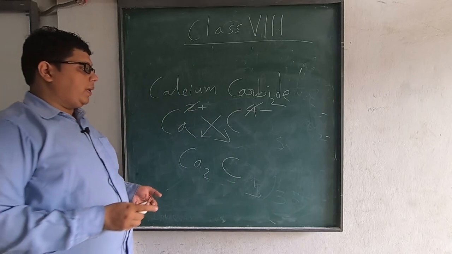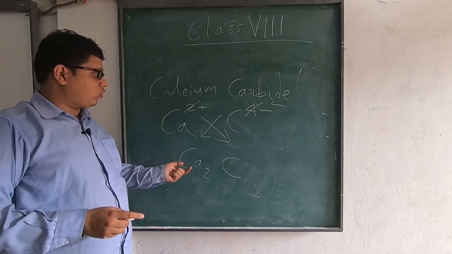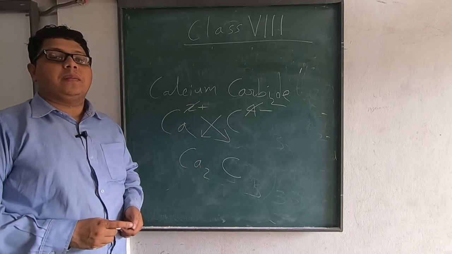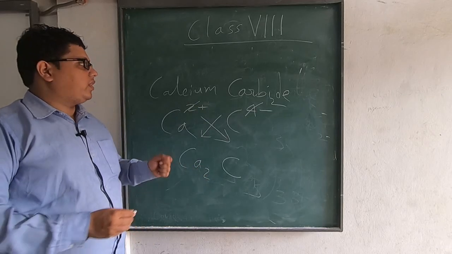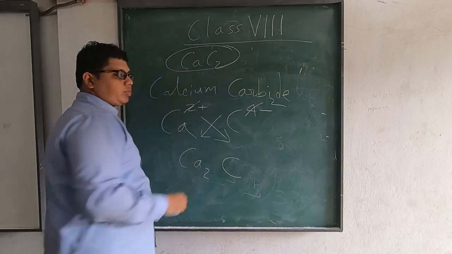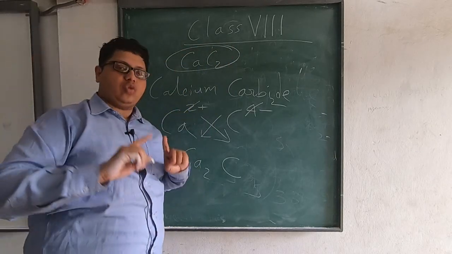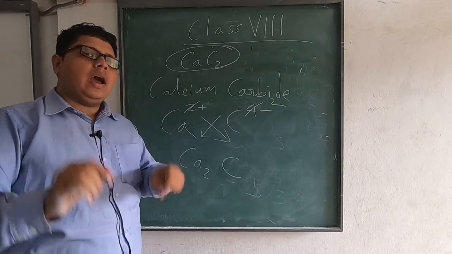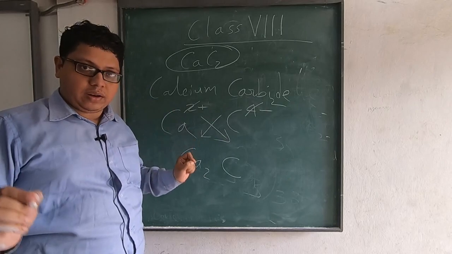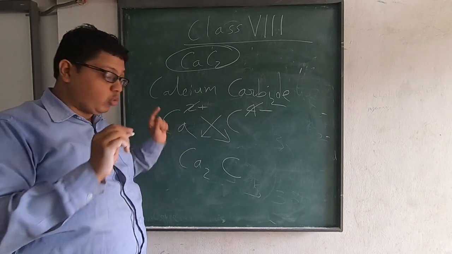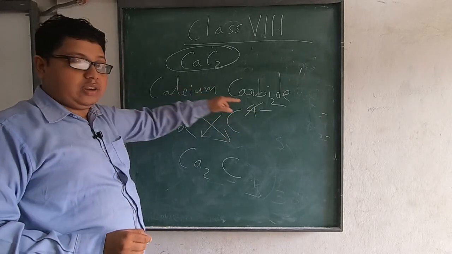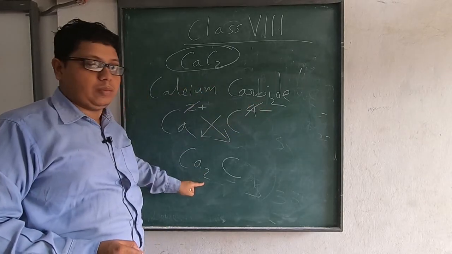Okay, but there are other examples. This is actually, if you Google the formula of calcium carbide, you will not get this formula. You will rather get this formula. There is a story about it. There's a complication there. I'm not delving into that. But for your purpose here, to make the formula, you can just cut it off if it is divisible, and whatever is left will come to the bottom here.